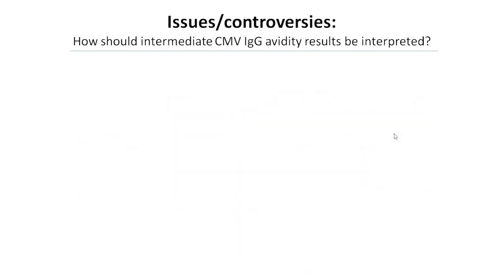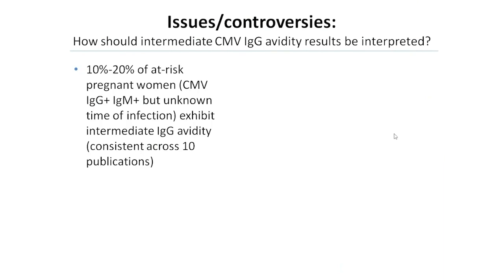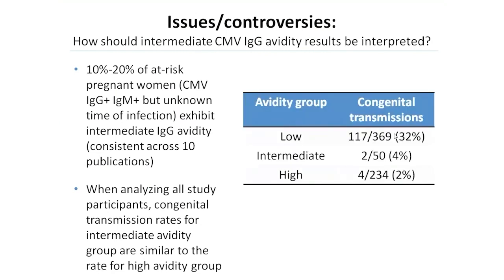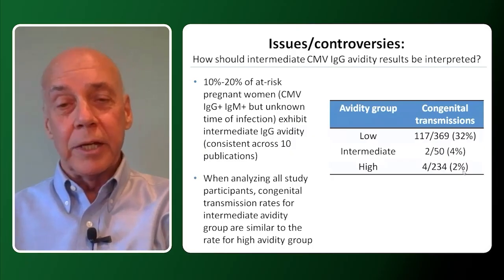What are some of the issues and controversies? One is, how should those intermediate avidity results be interpreted? Now, roughly somewhere between 10% to 20% of at-risk pregnant women, in other words, those who are G positive, M positive, but have an unknown time of infection, exhibit an intermediate avidity result. And this is consistent across 10 different publications. Now, when you analyze all study participants, congenital transmission rates for the intermediate avidity group are similar to the rates for your high avidity group. Here's a nice example. The low avidity group showed 32% transmission, whereas the intermediate avidity group had a value of 4% transmission, which is very similar to the high avidity group. So that's pretty encouraging. However,